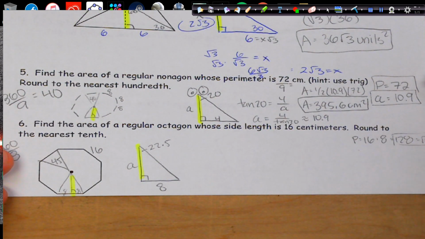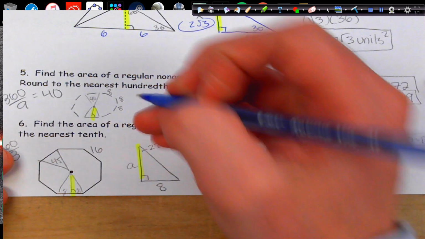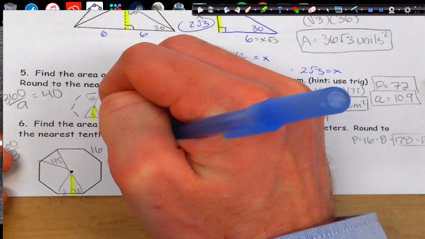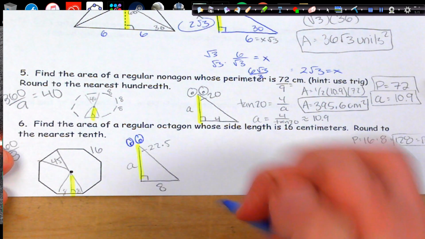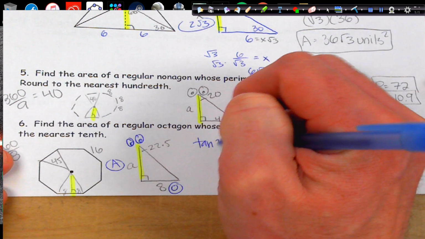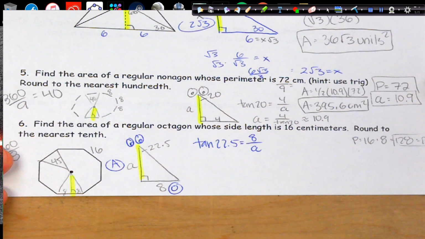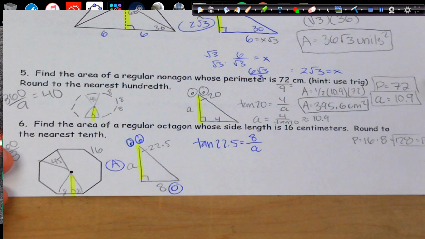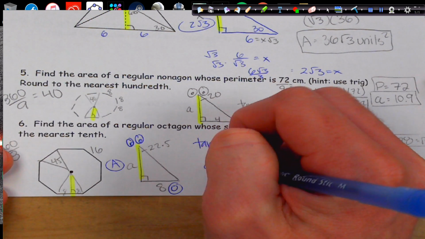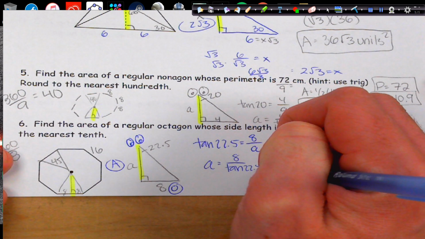And we are going to use our strategy for finding this, which is tangent. We have opposite over adjacent, so we're going to do the tan of 22.5 equals 8 over our apothem. Those two can switch spots, so the apothem is equal to 8 over tan 22.5,